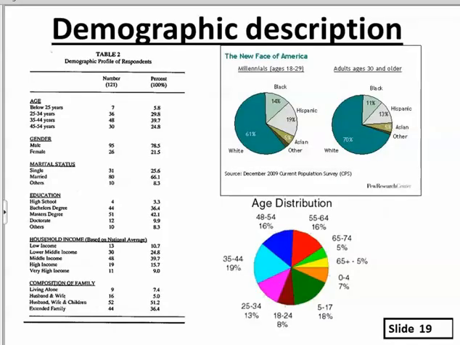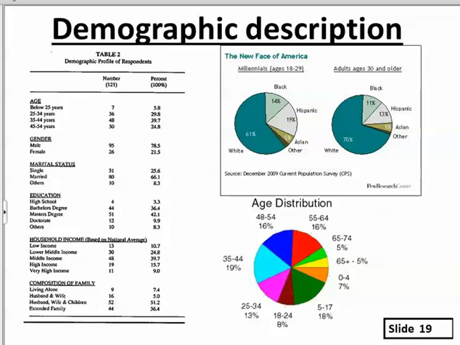So how do we find them? Well, we talked a little bit about research last week. Some of the research you want to do is demographics. You want to know a little bit about the population so that you can determine who in that population are your most likely customers. On this slide, table 2 breaks out the population in a variety of ways.